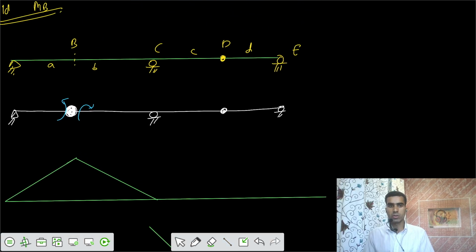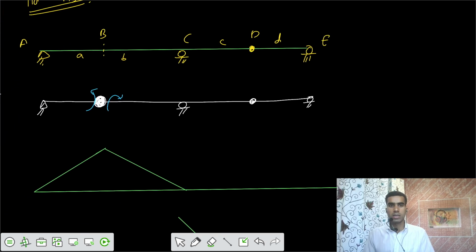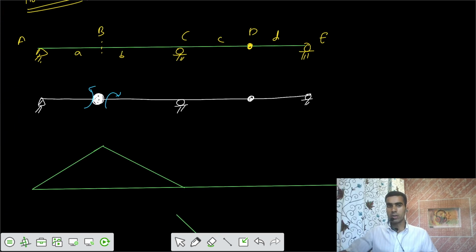So there we have 0. After that, to maintain the continuity of that member BCD, once your point B has reached, let's say this was your support A. Once point B has reached here, and this is point B, and this is point C here, once point C has reached here,